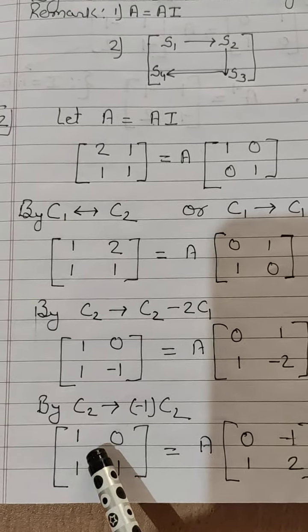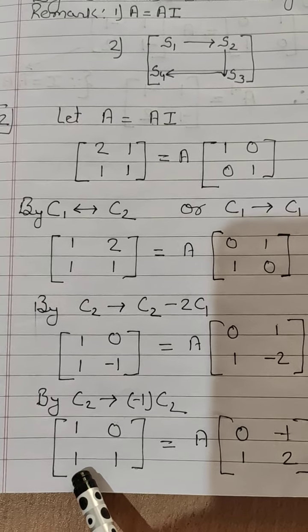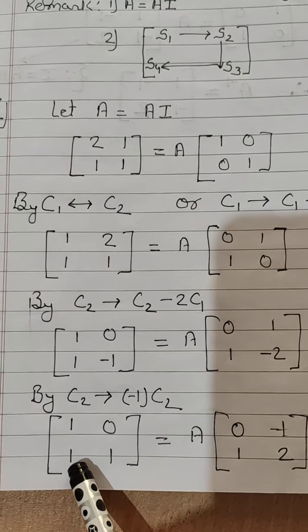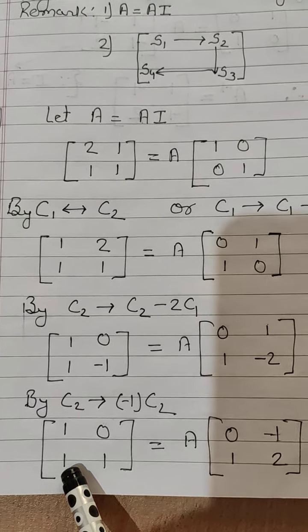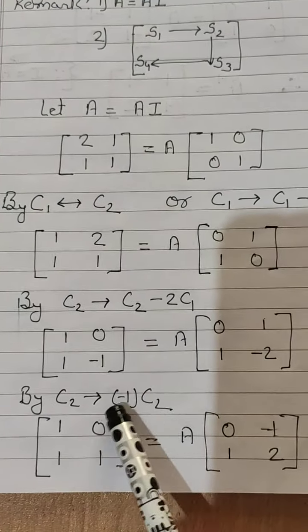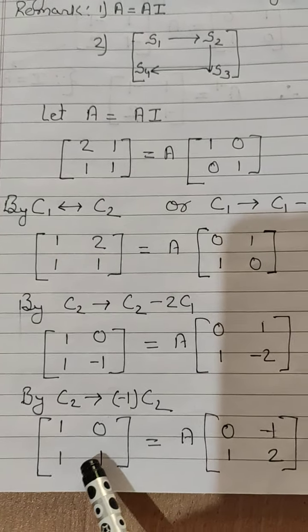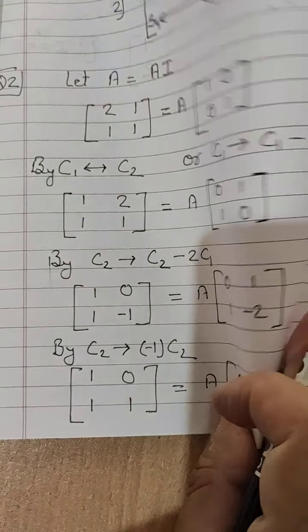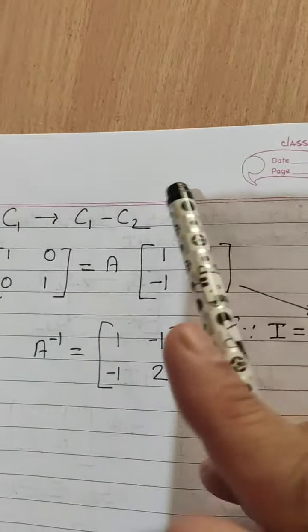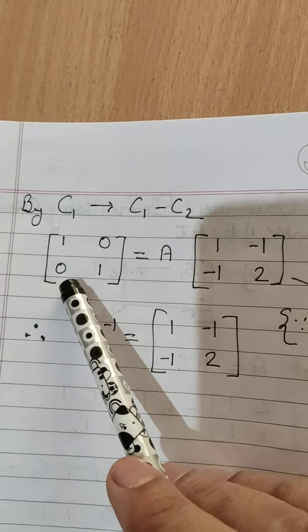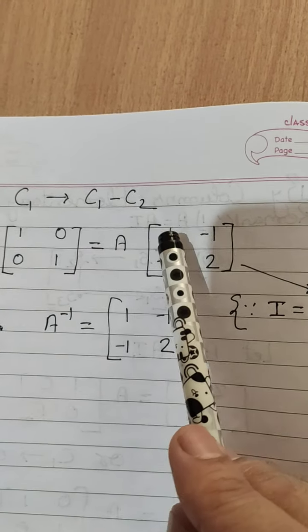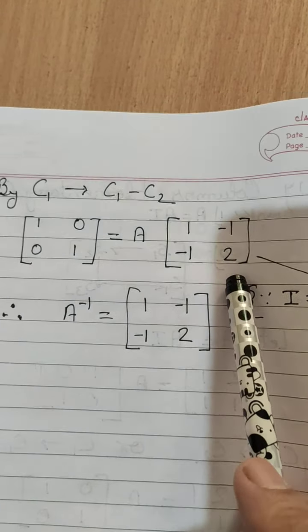Now the last step: this we have to change into 0. How will you change it into 0? Where the element lies, in column C1, with the help of C2 you will change it. So C1 gives C1 minus C2, so 1 minus 1, what will we get? It is 0. So we will apply the property, all of you see. C1 gives C1 minus C2, as we have applied, 1 0 0 1. Here A, here also we have applied, so we are getting 1 minus 1 2.